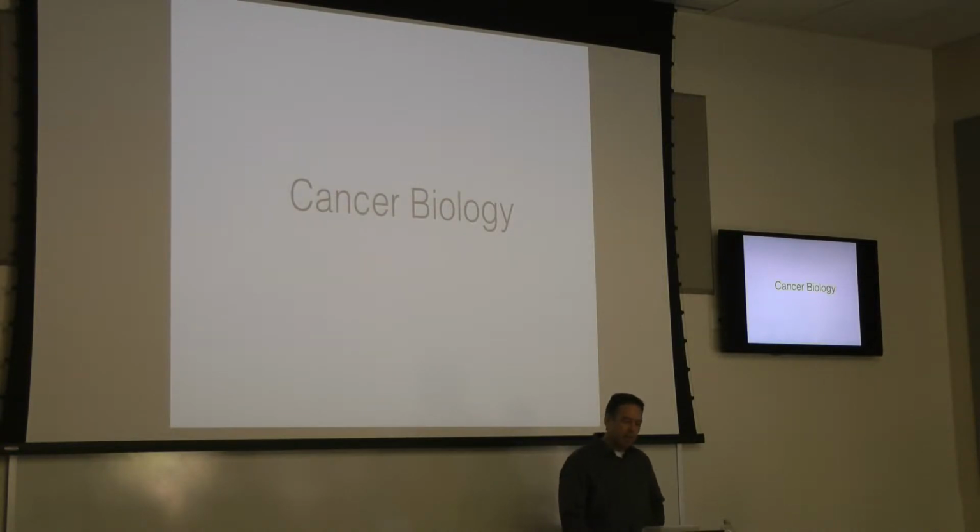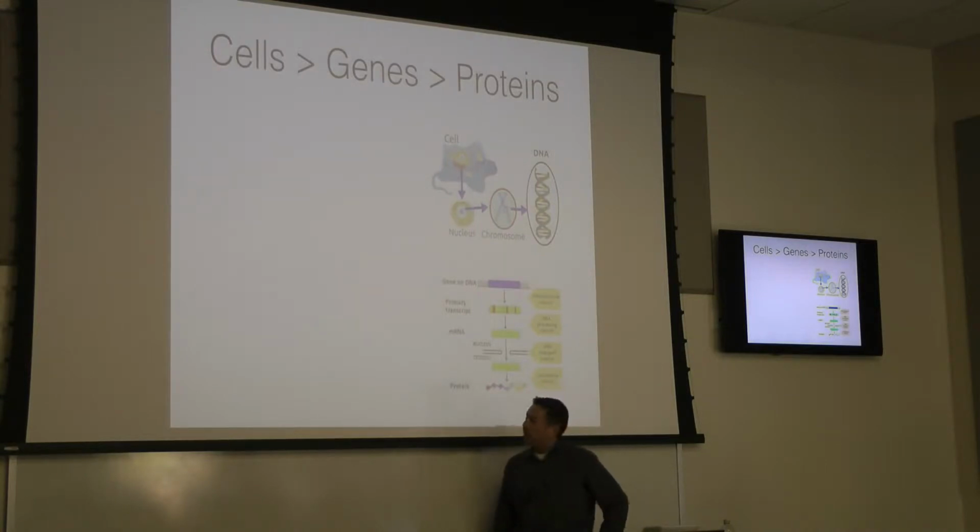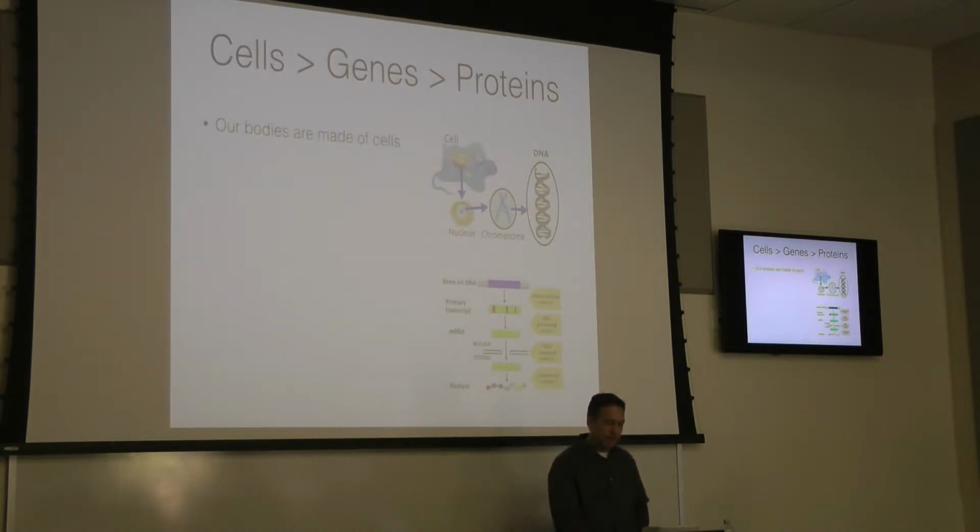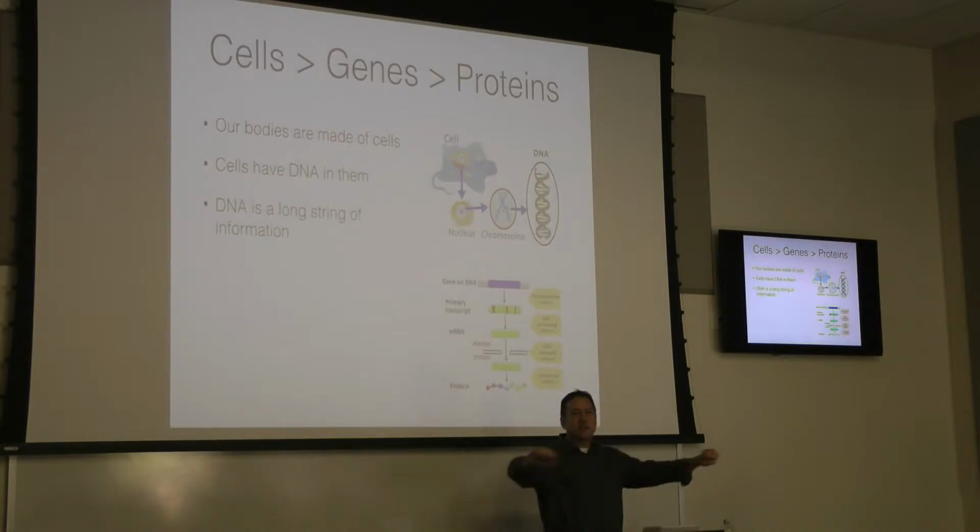All right, so let me give a brief primer on cancer biology. I think we all know from high school biology that your body's made out of cells, and in the middle of the cell is a bunch of DNA. DNA is a long string of information in a 4-letter code, GCAT, I think. Those 4 letters are written out in a long string, and substrings of that are genes, which get turned into proteins. They get transcribed into RNA. There are a few extra steps in there I'm skipping.